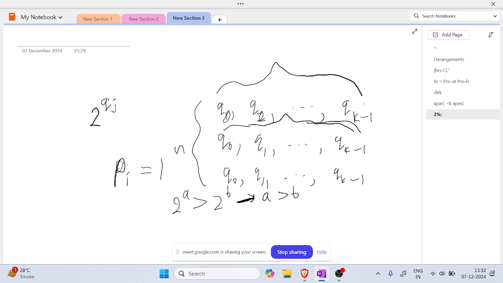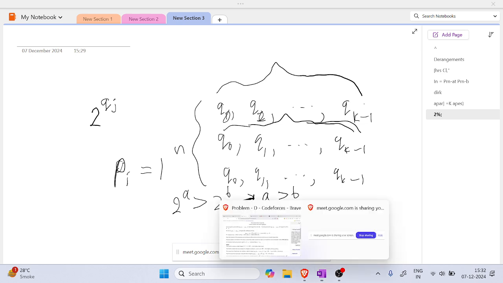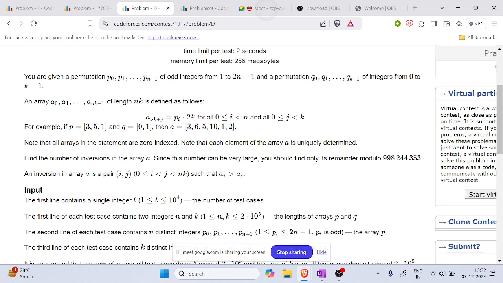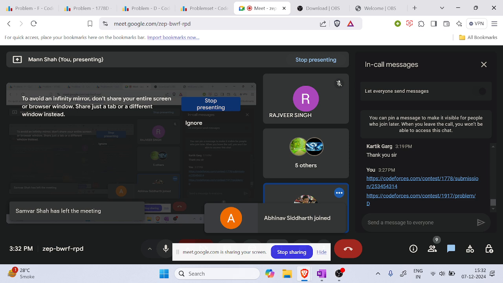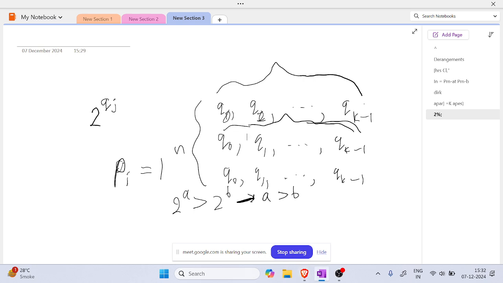So in different blocks, if one block is greater than the other, if the index of one block, let's number the blocks from 0, 1, 2, and so on till n minus 1. So basically, if the index of one block is greater than the index of the other block, then